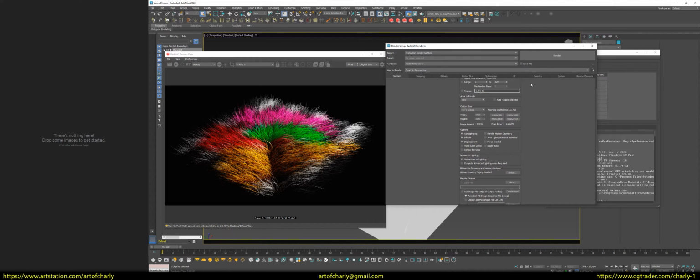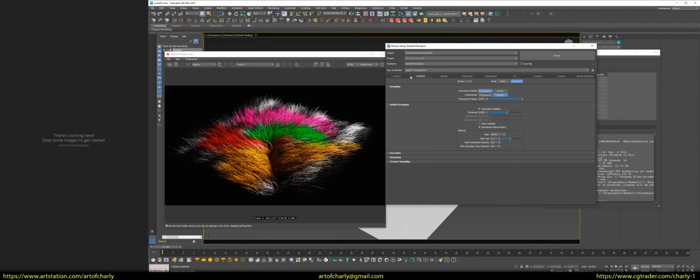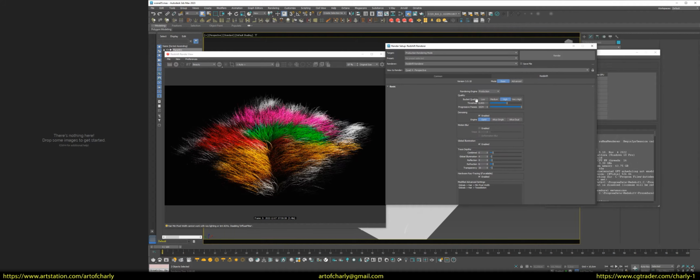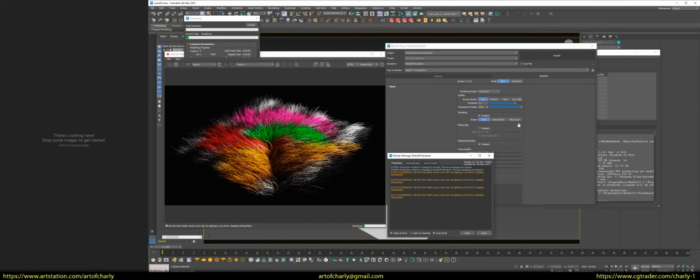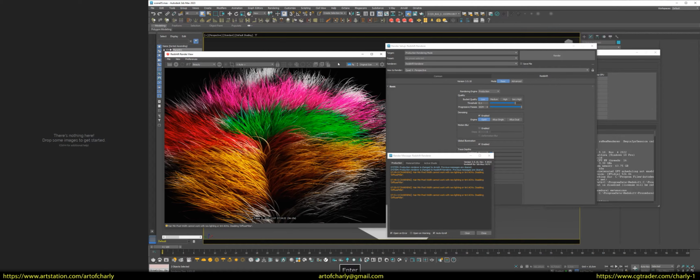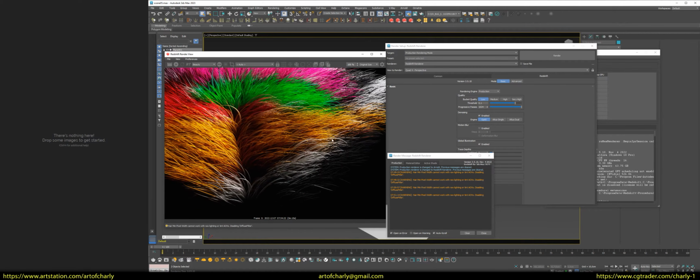The quality settings are set to low. So, rendering on the GPU passed in 190 seconds. I also turned on the denoiser, so I think the quality will be acceptable.